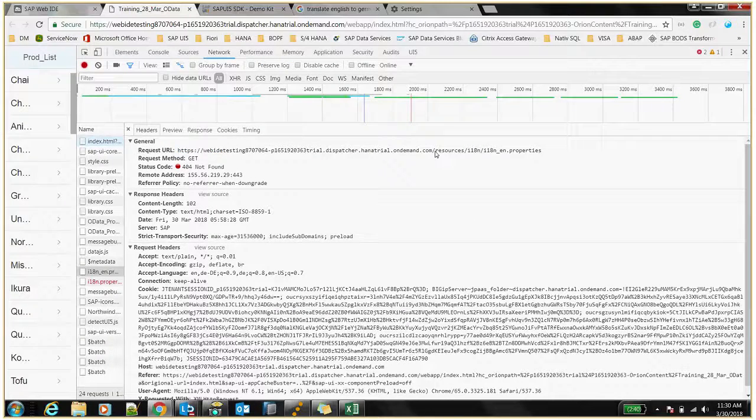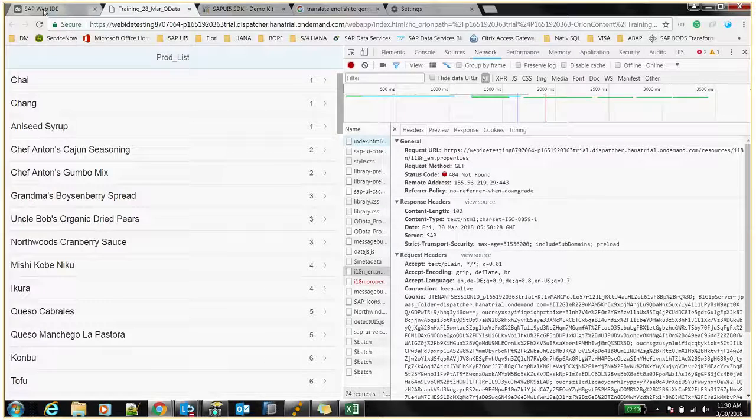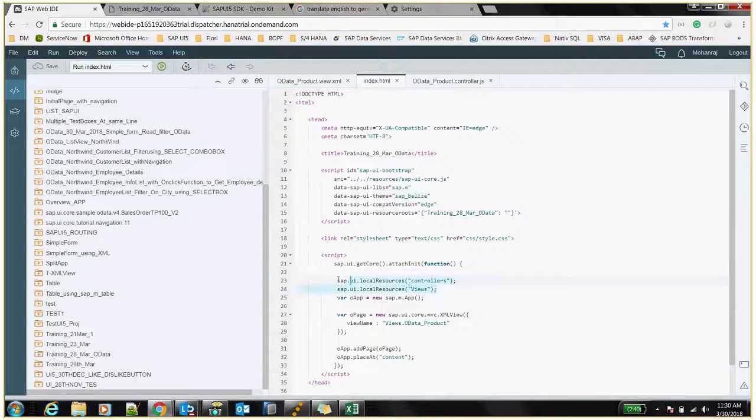So what is it checking? It is checking under the resources, for the I18N folder and for this file. Since we haven't placed this folder under the resources, we have placed it in the local web IDE. To point to the local web IDE folder, as with views and controllers, you have to tell SAP UI5 that this folder is in our local SAP web IDE, local resources,